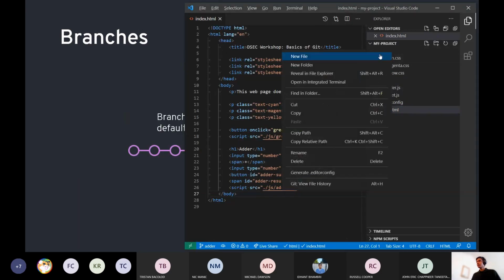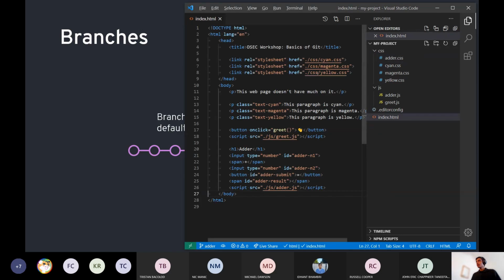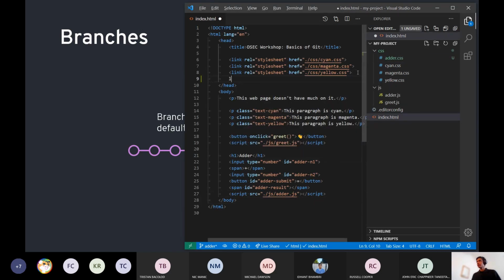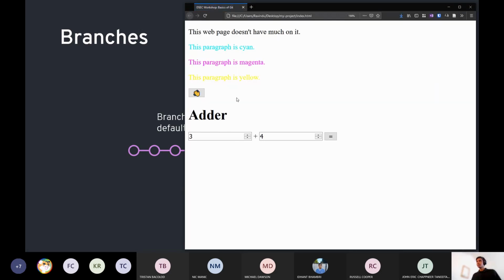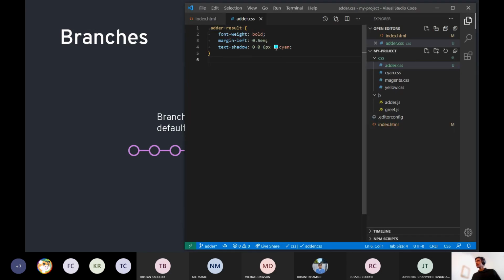make a CSS file called adder.css. I'll link the CSS file in my index.html file, and I'll write a bit of CSS to affect adder result. So it'll be something like .adder result, and I'll say something like add a bit of a font weight to it, specify a bit of a left margin, and well, show a shadow. So if I do 3 plus 4 equals, and interesting, so that didn't quite work. Oh, it's because that ought to be a pound sign instead of a plus.